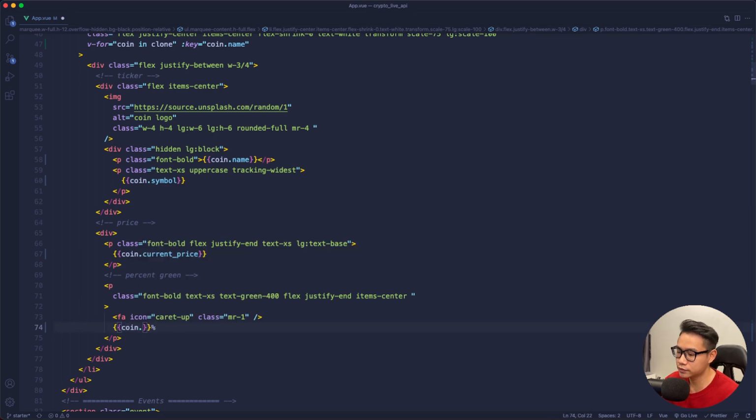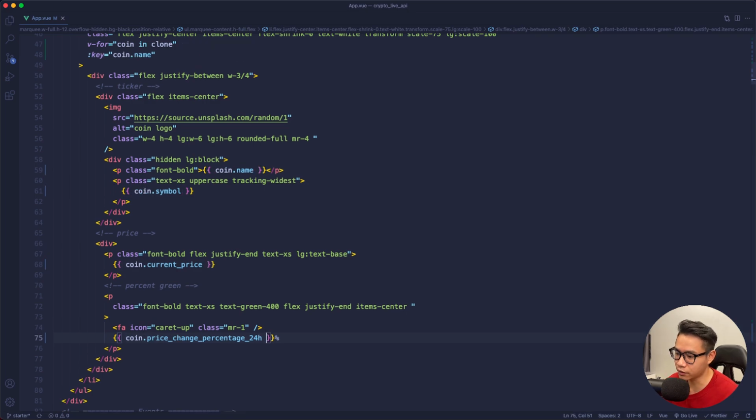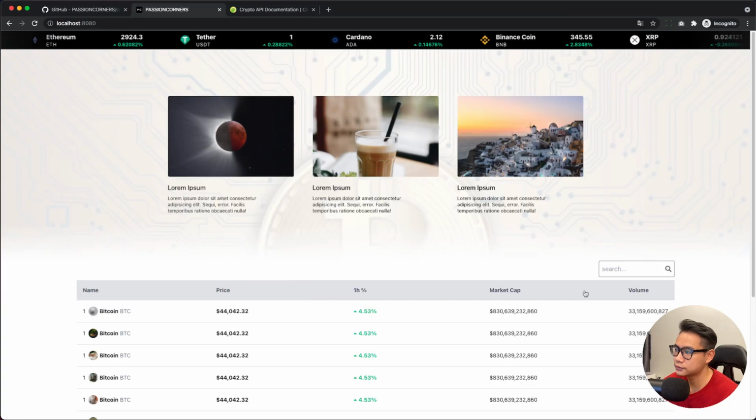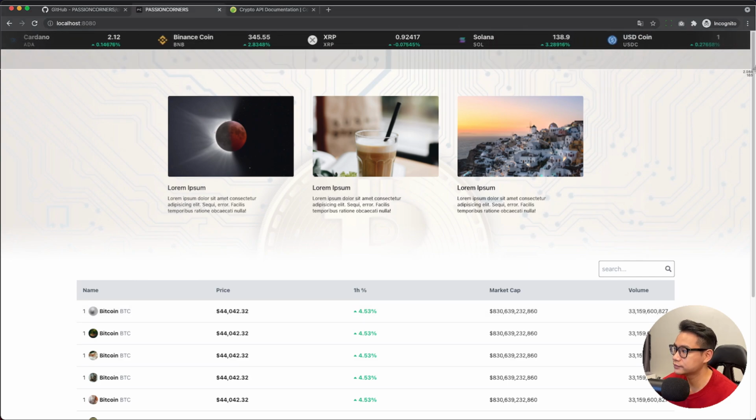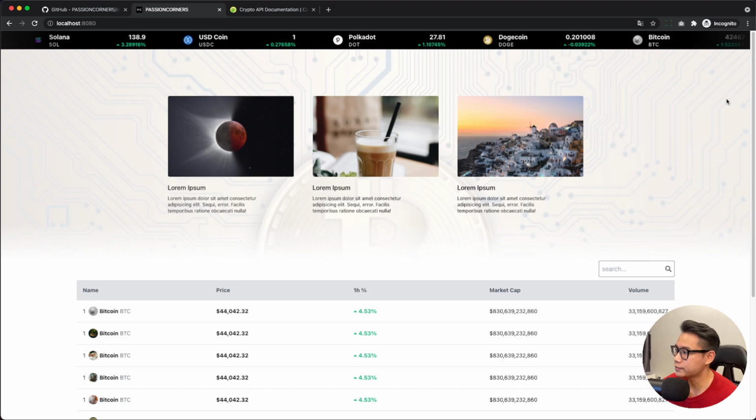So let's say coin price_change_percentage_24_hours. All right, give this a quick save. Now let's check out our application. And here's our marquee. So now there is no gap and our marquee has the effect that it is looping